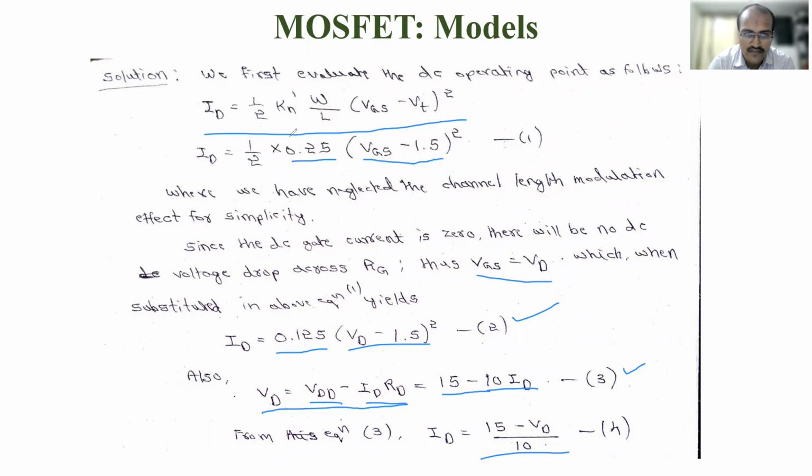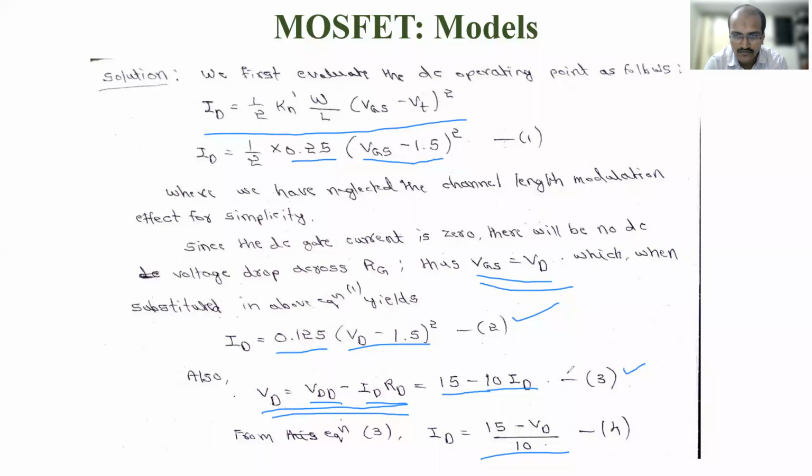So we have taken this basic equation of ID, and whatever values we know, we substituted it here. And then since we have used a gate to drain feedback resistor arrangement, from this arrangement we know that VGS equal to VD, which we have discussed already. So that I have substituted here. Again, we know the VD value for the gate to drain feedback resistor: VDD minus ID RD. Again, VDD and RD value substituted, and I have written.